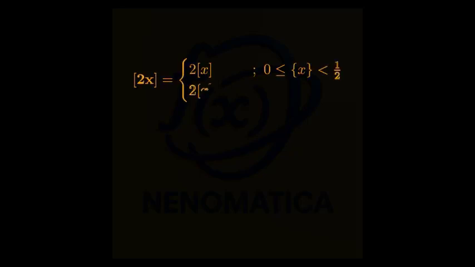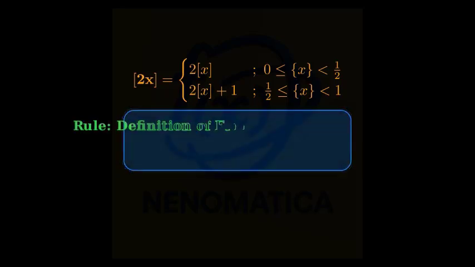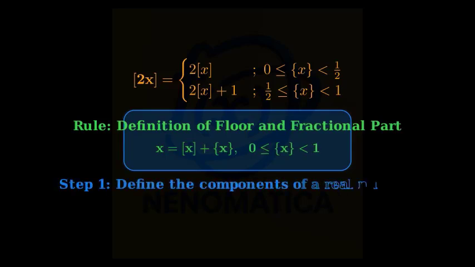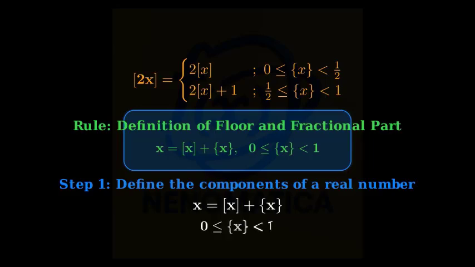We will derive the closed form for the floor of 2x step by step using the standard rules for floors and fractional parts. First, let's show the example label and the problem statement in bold orange. Step 1. Use the definition of the floor and fractional part. Title the step. Then show the decomposition of x into its integer and fractional parts, and the bound on the